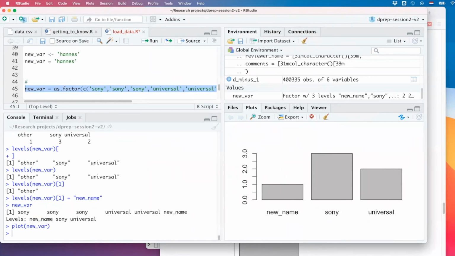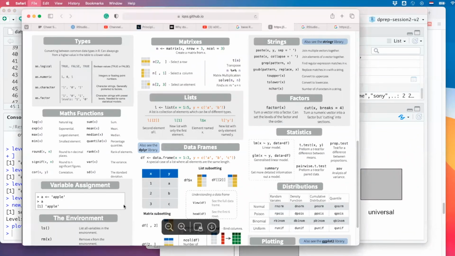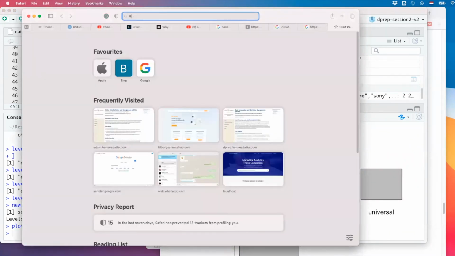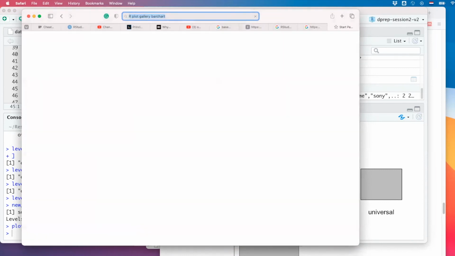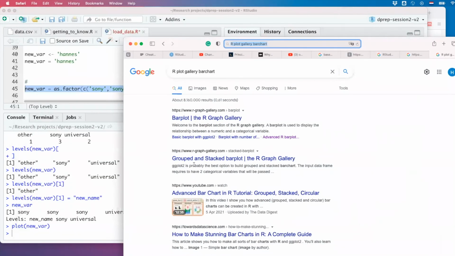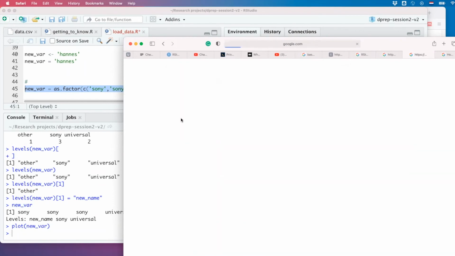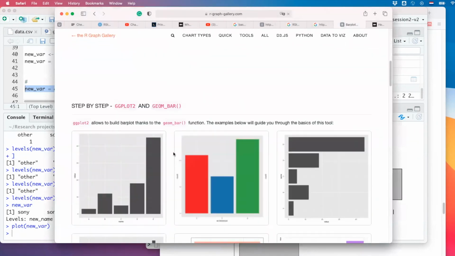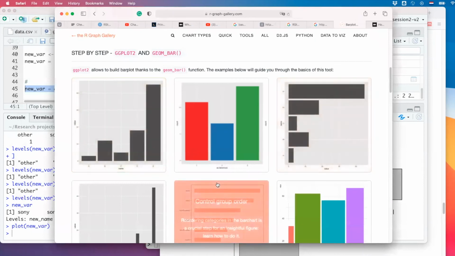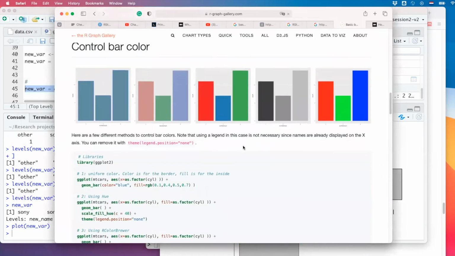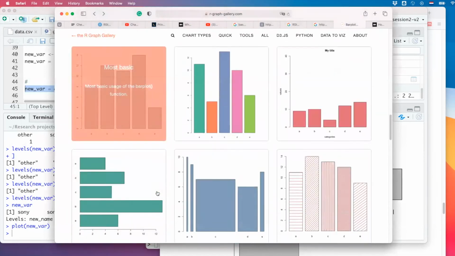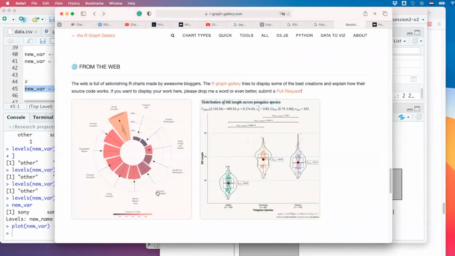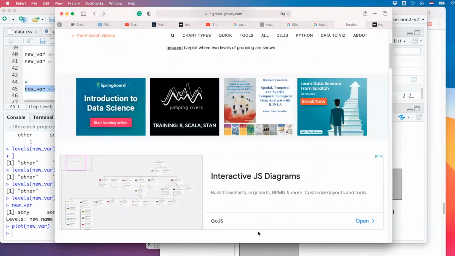By the way, something that I really love to do when I plot is to look at galleries. R plot gallery bar chart, to know how I can style up my graphs. R graph gallery. Let me see. Oh, this looks cool. Let me see. Yeah, this is the stuff with ggplot, and we're not here with ggplot, but it's a good bar plot. It's good stuff to do, and you'll learn quickly how to do it by imitating